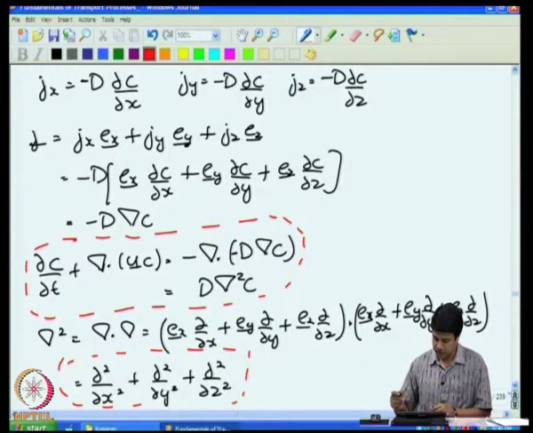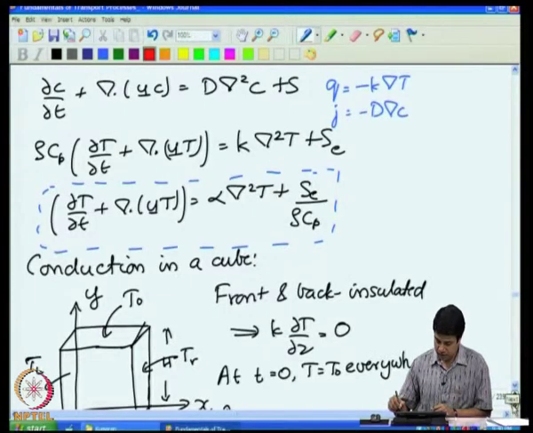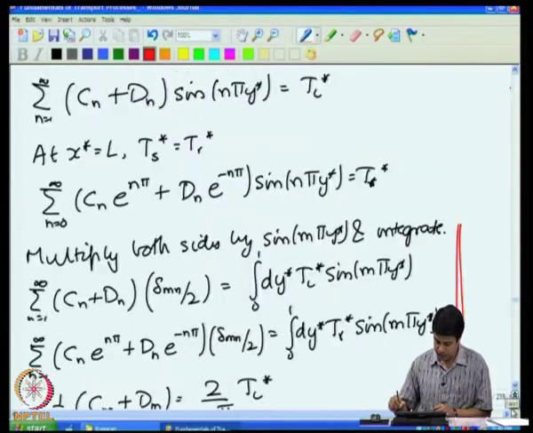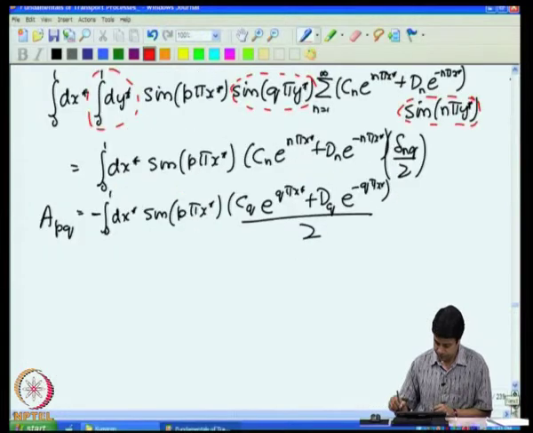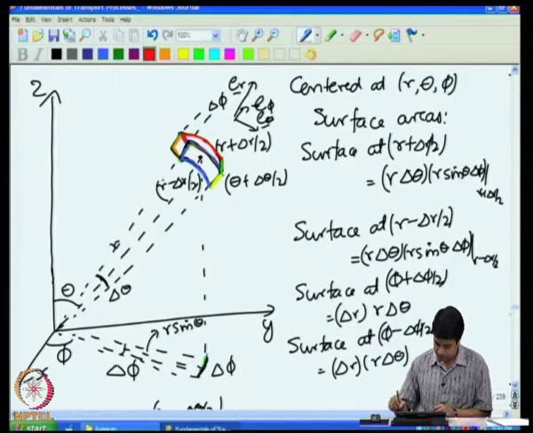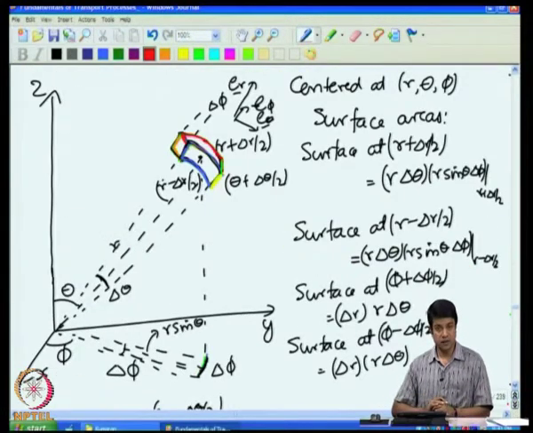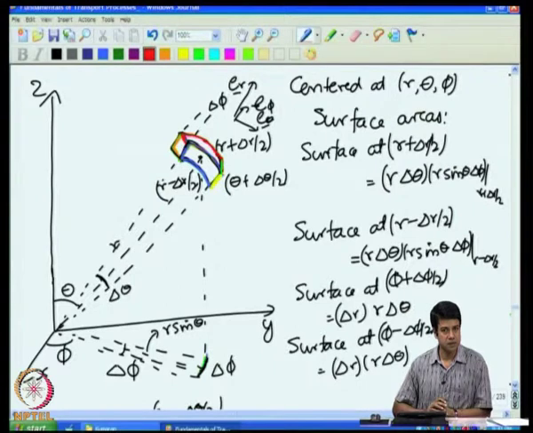2 surfaces with constant x, 2 with constant y and 2 with constant z. And then we had gone ahead and done the same in a spherical coordinate system, using a shell of this kind, 2 surfaces at constant r, 2 surfaces at constant theta and 2 surfaces at